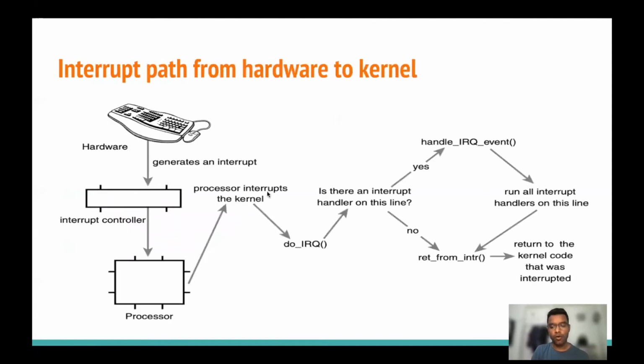So this is the overall view of all the things we have discussed till now. Here you can see a device raises an interrupt. It goes to the interrupt controller, then it interrupts the processor. The processor, with the help of IDTR, goes to the kernel to handle the interrupt, and then it runs do_IRQ to do the work accordingly for the interrupt. And if it is not an interrupt, then it will directly go to the return from interrupt. In this way, the whole process of interrupt handling will complete.